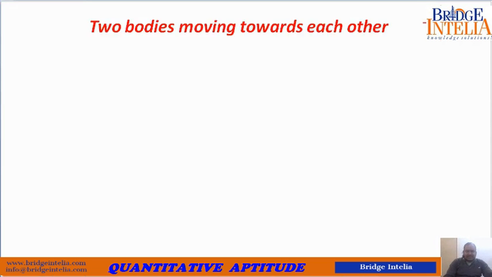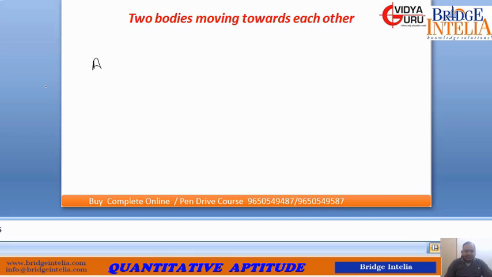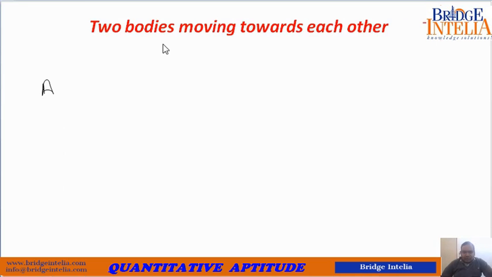So let us see the techniques that you would need. When two bodies are moving towards each other, how do we deal with the concept of relative velocity? In other words, what concept would you require to tackle such a situation? Please mind the use of the words: two objects are moving towards each other. So let's suppose two bodies A and B. Let's suppose this is B here.